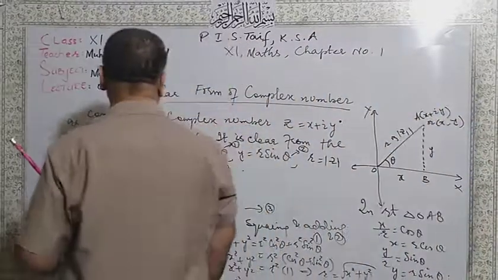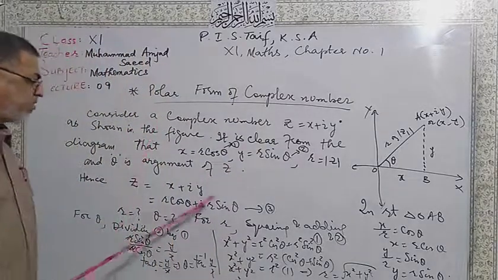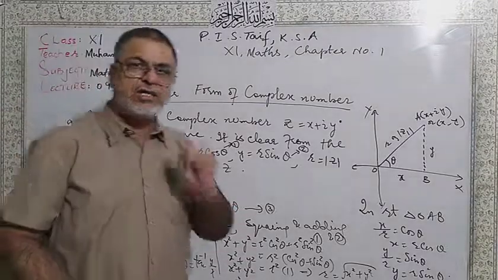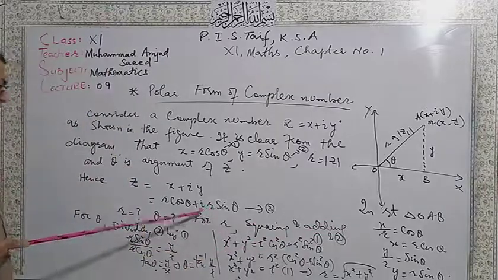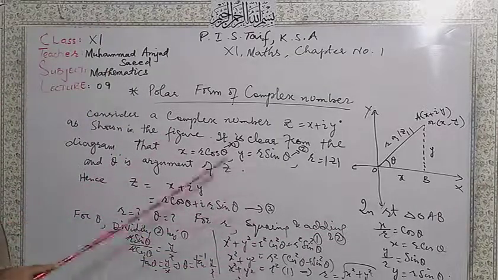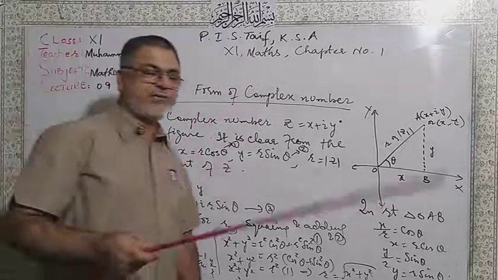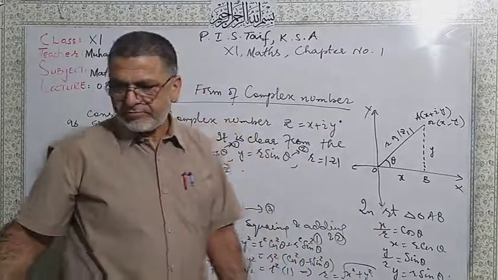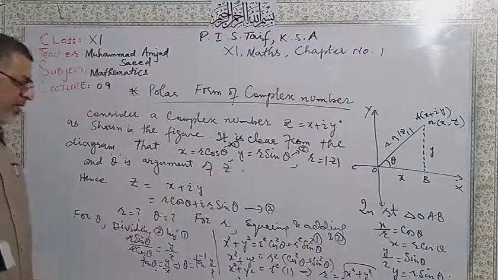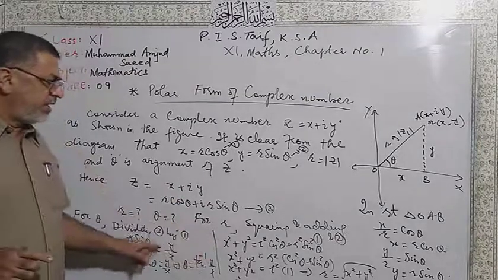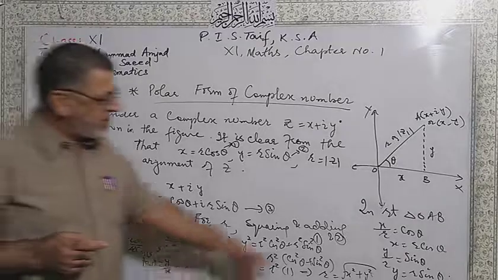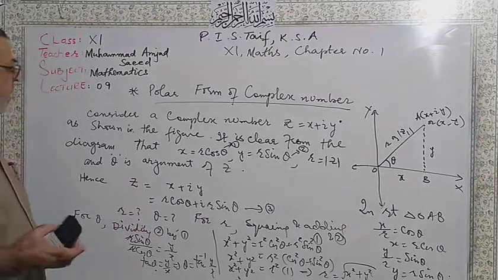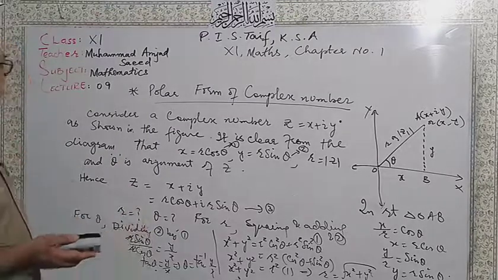So dear students, actually this equation number 3 is the polar form of complex number. But you have to find two values all the time. What is the value of r and what is the value of theta? These are unknown values. This topic is important. Sometimes I have seen this in the exam as a 4 marks question. So be careful. And I hope that you understood all the steps. Even these two steps are written directly in your book, and this is also written directly. They have not explained that in the book. So be careful and you can prepare from here. I hope that each and every point is clear now.